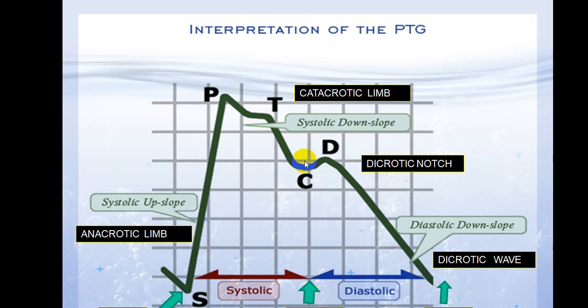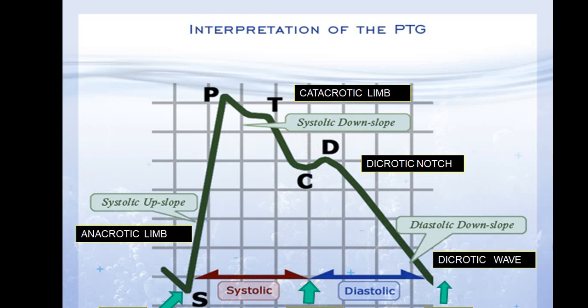Up to this is the systolic period, and after this there is the diastolic period. So this is the closure of the semilunar valve, and that particular aortic valve, when it closes, produces a small notch, we call it a dicrotic notch. From S to C is systole, and from C to this particular downstroke where it completes will correspond to the first heart sound. This will correspond to the second heart sound.